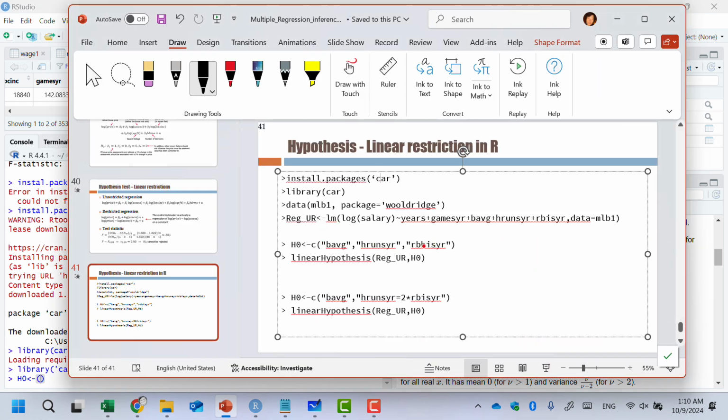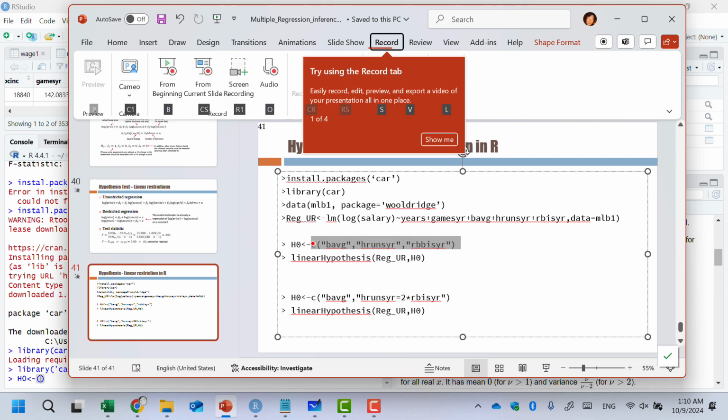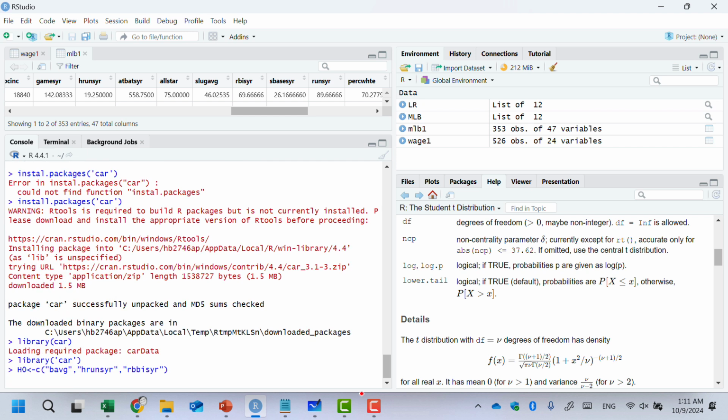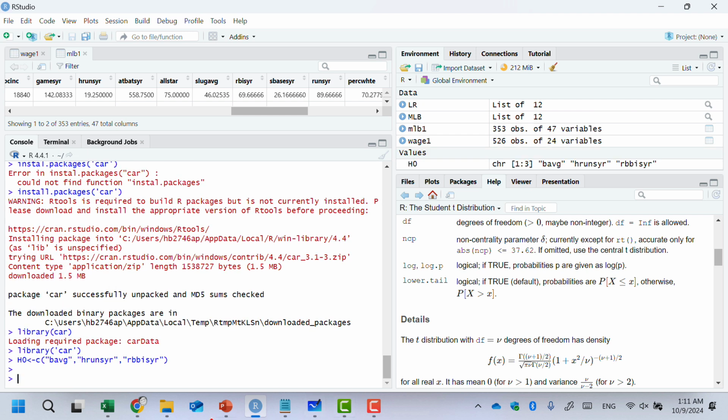If you don't specify any formula like this, it will just assume that this is a 0, this is a 0, and this is 0. So the C is like a component. Right? And then you enter, then you have a hypothesis: this is 0, this is 0, and this is 0. And then now you can do the linear